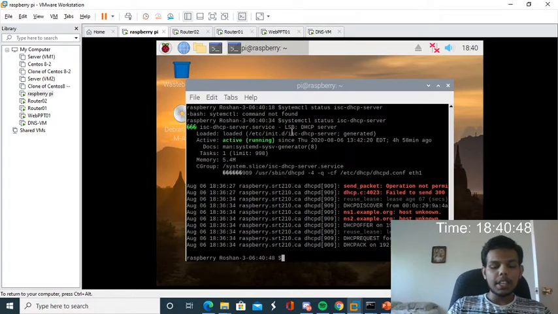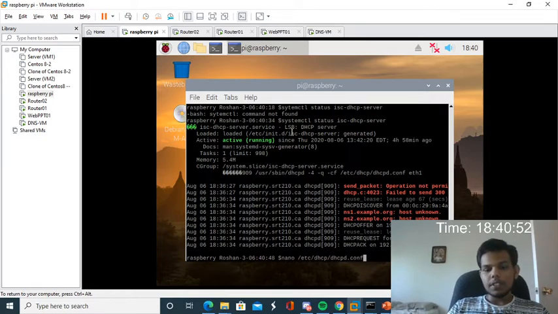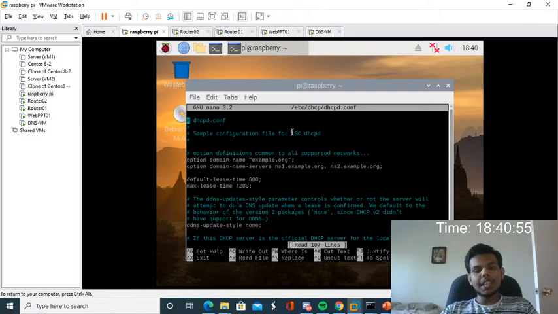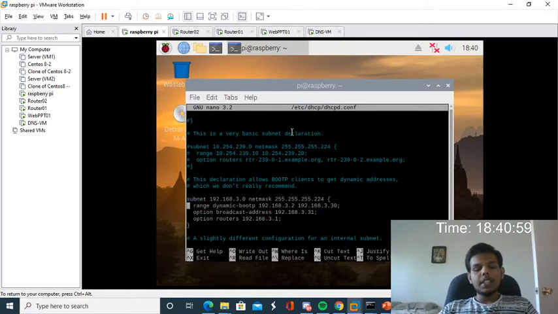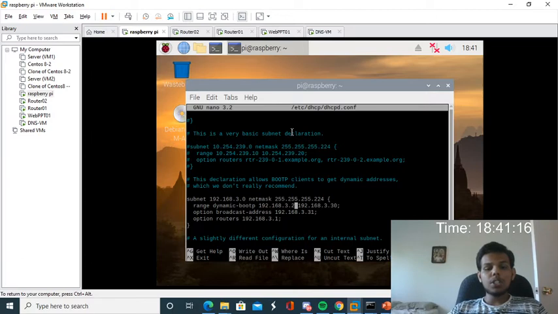Next I'm going to take the configuration file, etc slash dhcp slash dhcpd.conf. Here I have mentioned the subnet 192.168.3.0 and netmask 255.255.255.224, which is slash 27. I have given the dynamic range as dot 2 to dot 30, and dot 31 is my broadcast address.